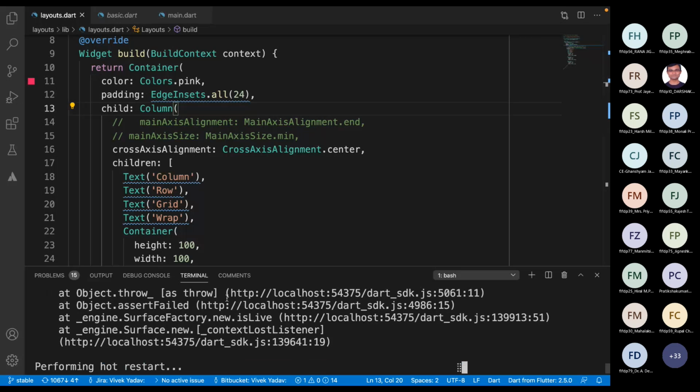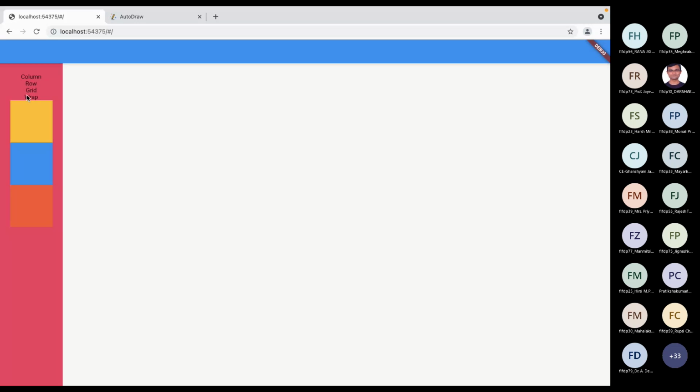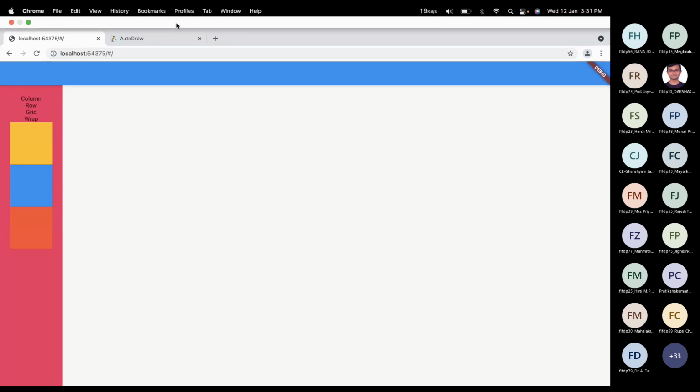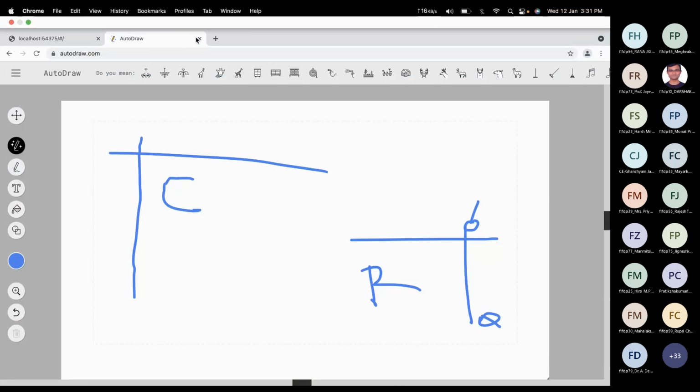For the column, cross axis alignment is on the horizontal part, but when it is centered, it will not be on the left or on the right, it will be in the center. Okay, so everyone got this point?